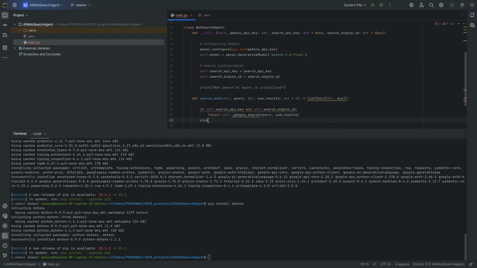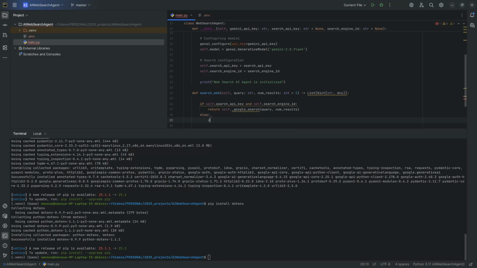Else, so I'm saying that if my API key for my search and my engine are true, it should do this. Else, what should it do? It should simply return